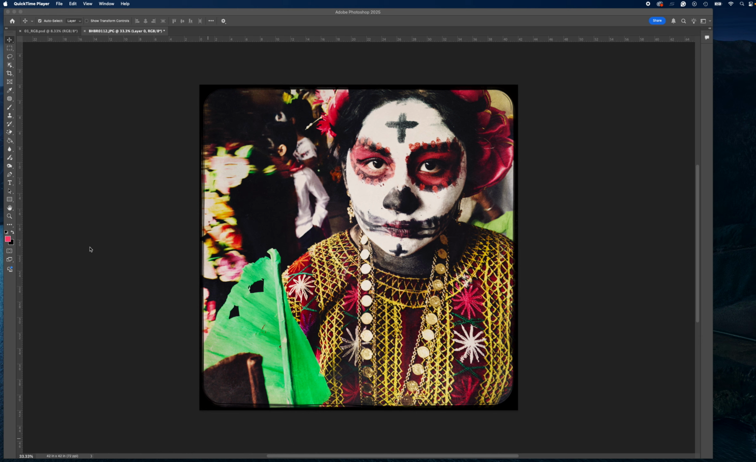We're going to be working on doing a color separation. There's many ways to do a color separation. This is just one way. And we're going to be getting an RGB